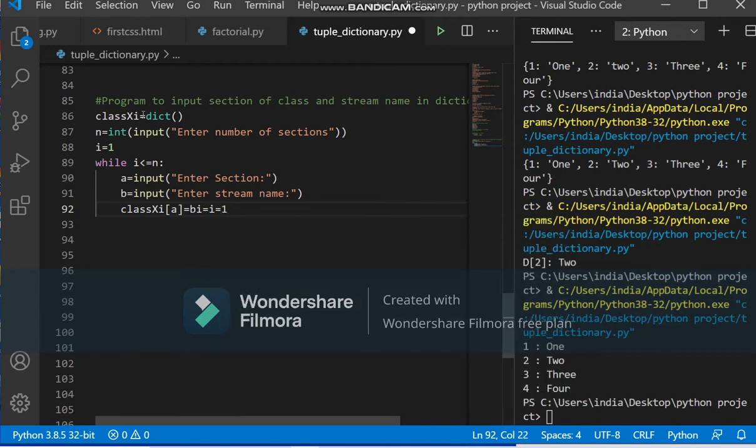Here we are actually making it a dictionary. Class 11th A and B. Now I plus equal to 1 because the control has to be updated, and then print class 11th.